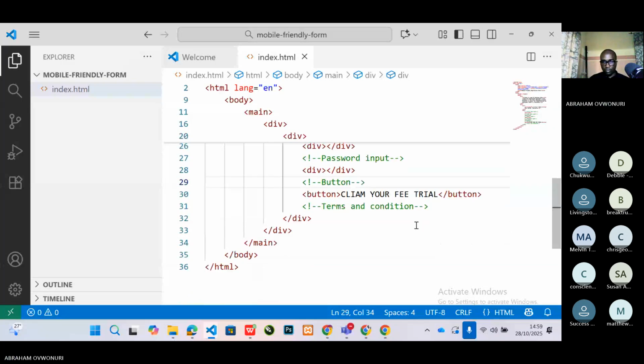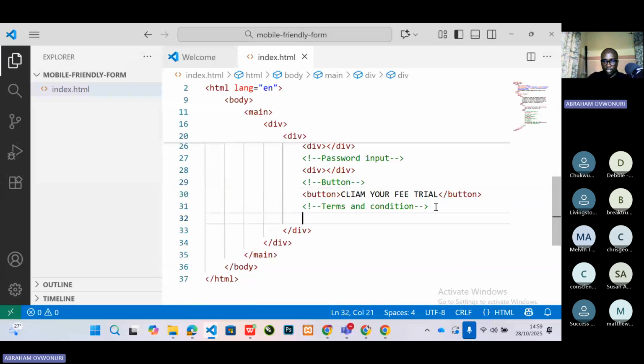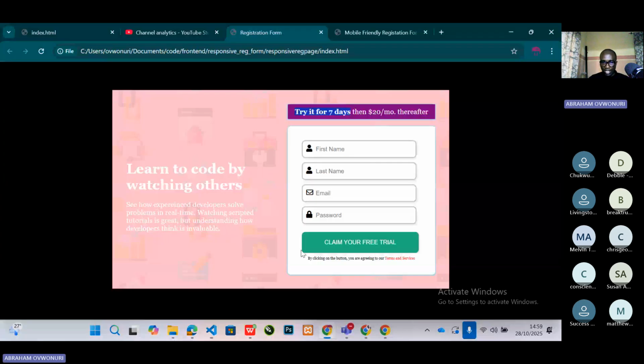Then the last but not the least that we have here, and do it with a paragraph. Let me copy what is there. Then by clicking on these terms and conditions,